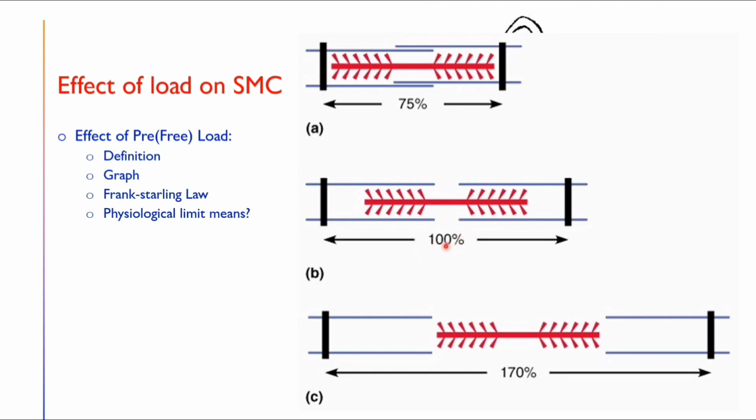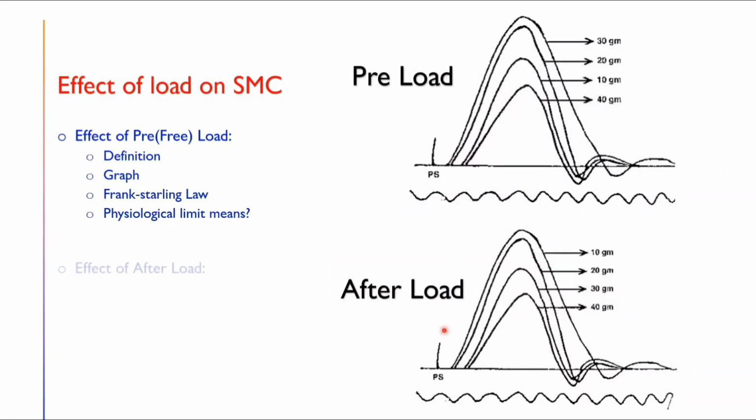So physiological limit means it is the sufficient stretching of the length of the muscle such that the number of cross bridges between the actin and myosin is maximum. Okay, it is known as the optimum length of the muscle. Another word is optimum length. It is the optimum length of the muscle in which there is maximum number of cross bridge formation. The lesser the cross bridge, the lesser the force of contraction. So that is why there is a physiological limit.